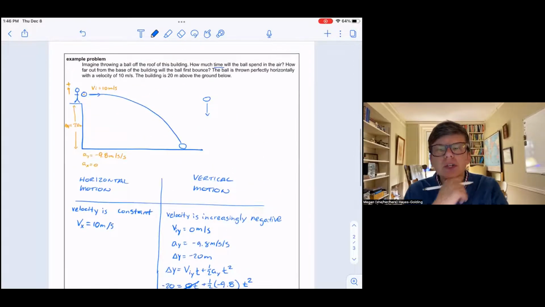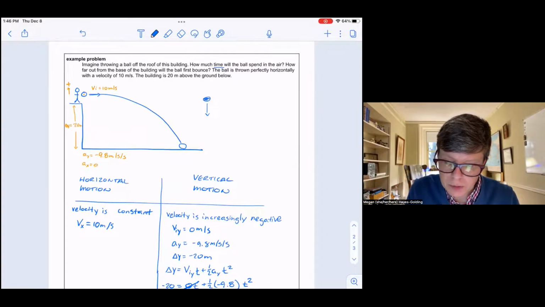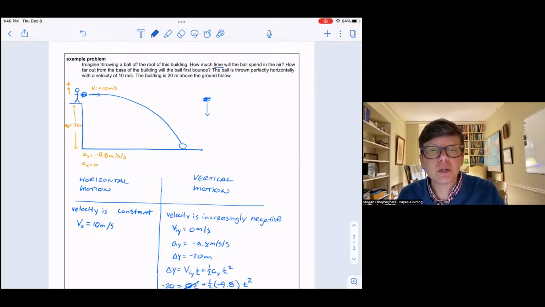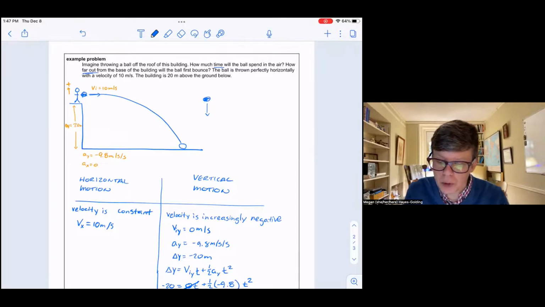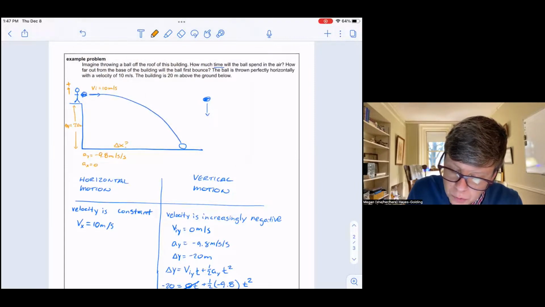Remember the original assumption here that the ball falling straight down from 20 meters high will spend the same amount of time in the air as the ball projectiling, that's not really a word, but traveling along this parabolic path. They're going to spend the same amount of time in the air. That whole time it's falling towards the ground, it's also translating out horizontally. So the second question here is, how far out from the base of the building will the ball bounce? That's this quantity, delta x, which we don't know. Right? Where's it going to land?